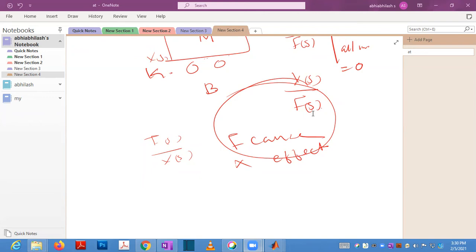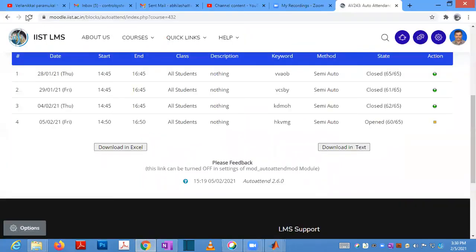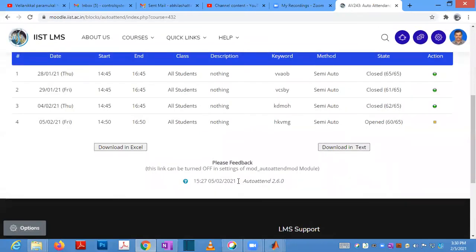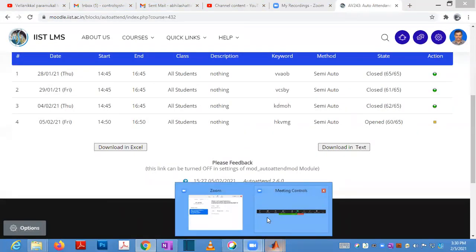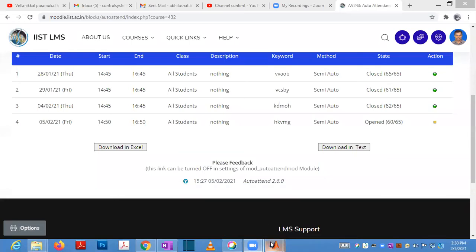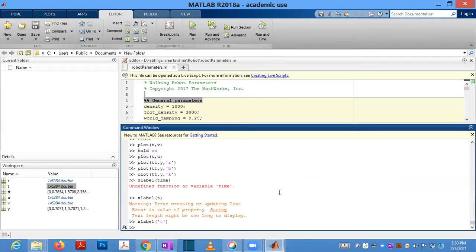So 60 attendance is showing here, but only 56 people. So where have these 4 people gone? So Uttam Meena,